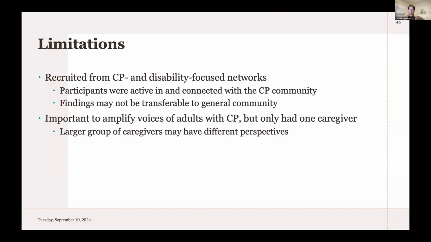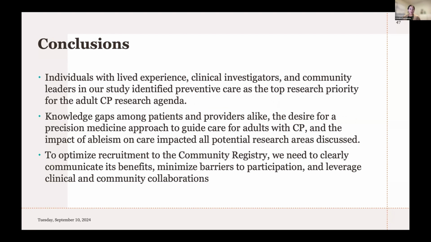Additionally, we really prioritized and sought to amplify the voices of adults with CP, but we did only end up with one caregiver participant. And so it's hard to say, would a larger group of caregivers of people with much more severe disability have any different perspectives or different thoughts? And so just to conclude,